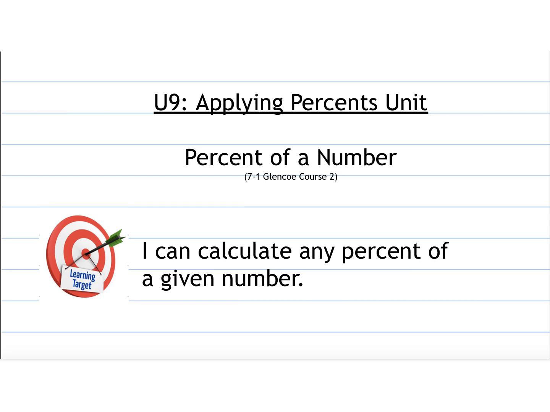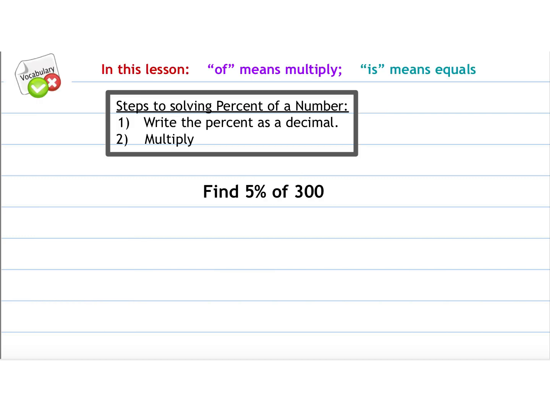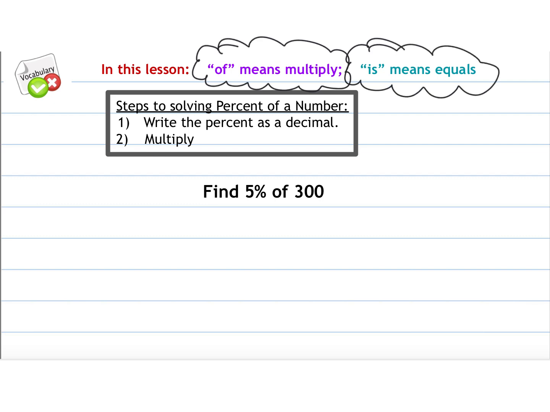Hello, we are beginning Unit 9, which is our applying percents unit, and this lesson is on percent of a number. In this lesson, and as we move forward, we want to make sure that we understand that "of" is going to mean multiply and "is" means equal. So if we're solving the percent of a number, the steps are writing the percent as a decimal and then